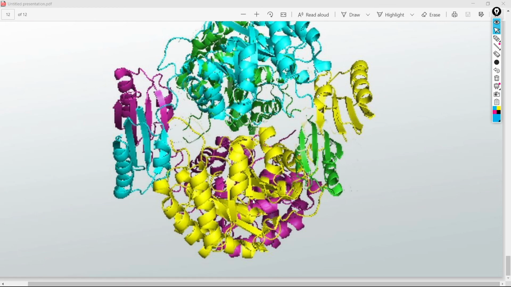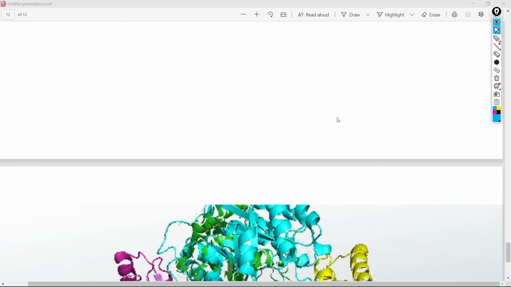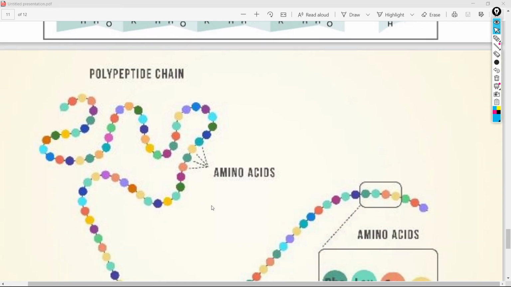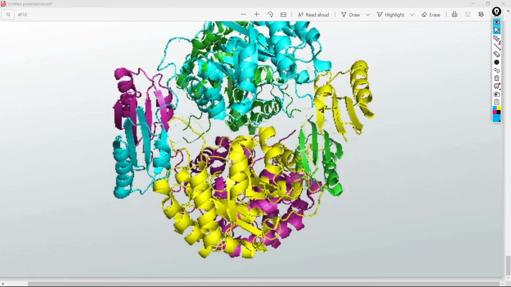So this is a basic overview on protein structure. There's still a lot more to go in depth, and there's still a lot more you can analyze and interpret from this, but hopefully this helps you